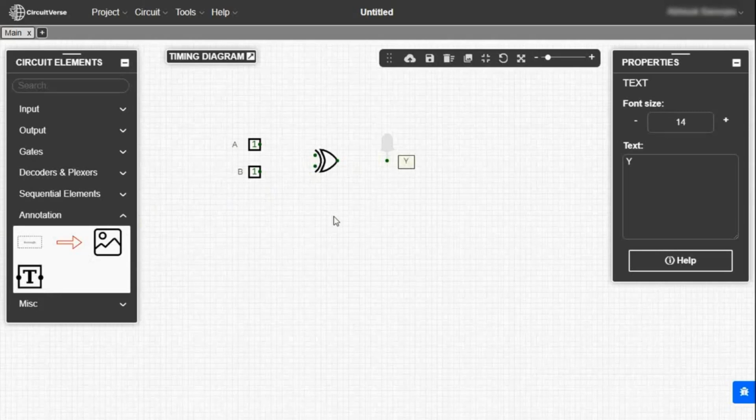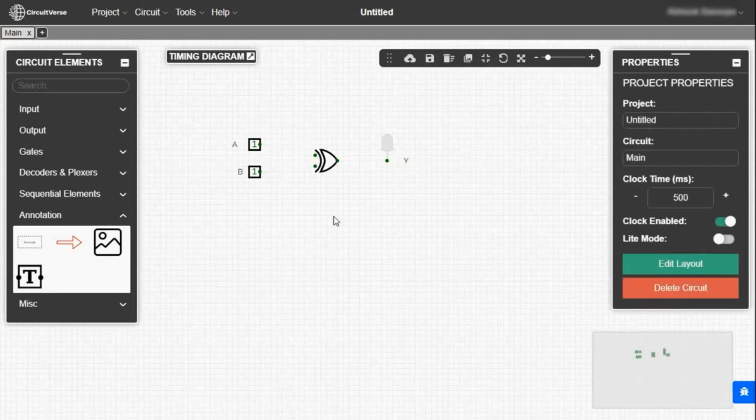Now we have to connect input and output. There are 2 input pins of XOR gate. At the input pin, click and hold the mouse to draw the wires. You can leave the mouse at any point and again start from that point. By this process, you can connect input and output very easily and it will make the circuit look good also. Now connect the input B and output Y by the same process. Now the circuit is completed.